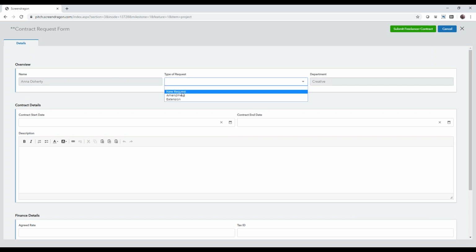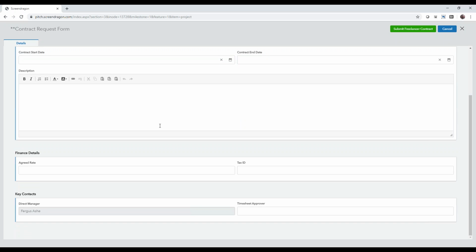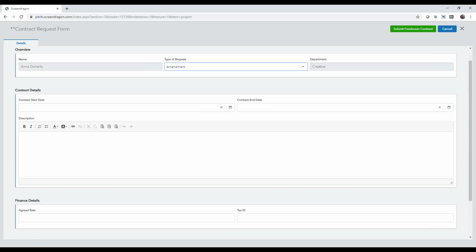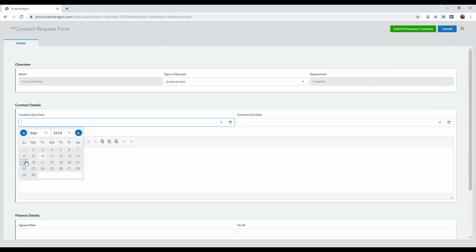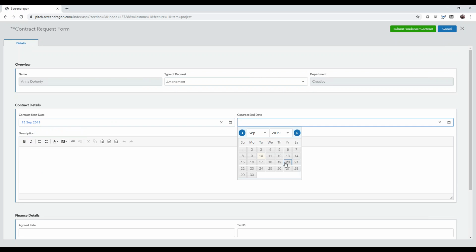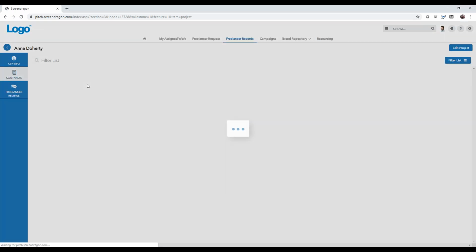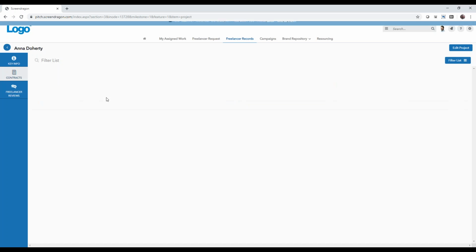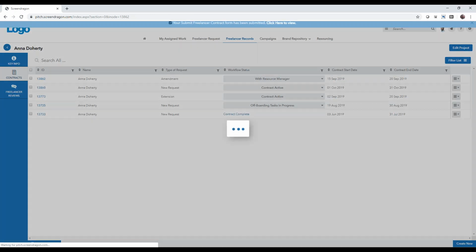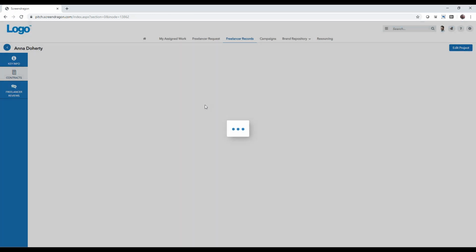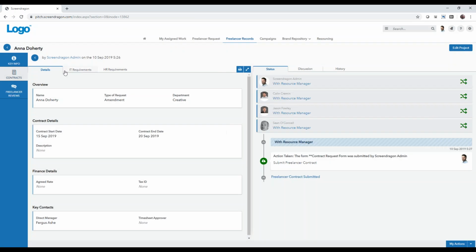We know some key information within here. This may be an amendment to an existing contract, for example. We've got our start dates within here, etc. So I can say very quickly, I need somebody in there for a week, and I'll give a full description of what I'm looking for within here. Once I submit that through into the system, what that will do is this will show me, left and right, here's the information you captured about